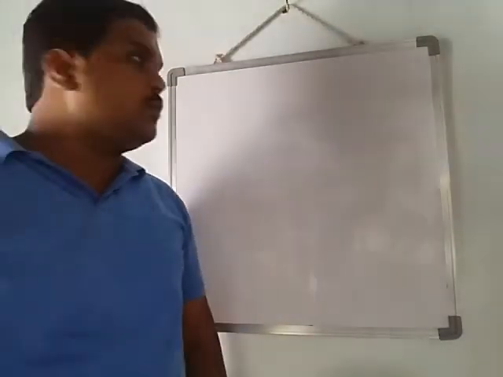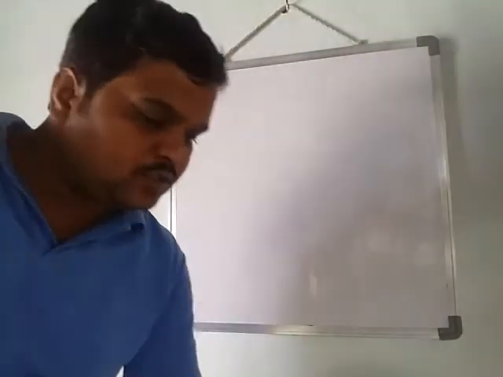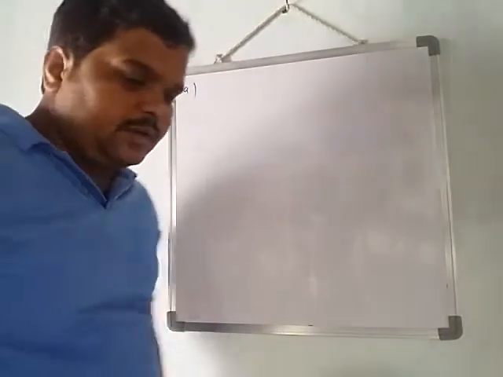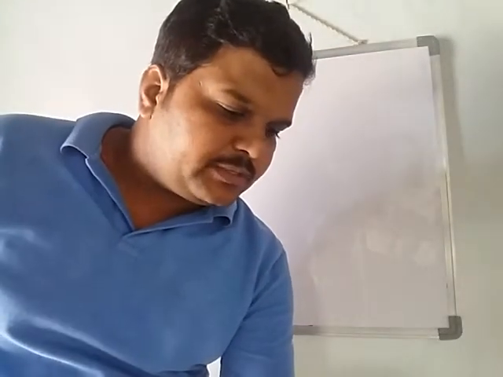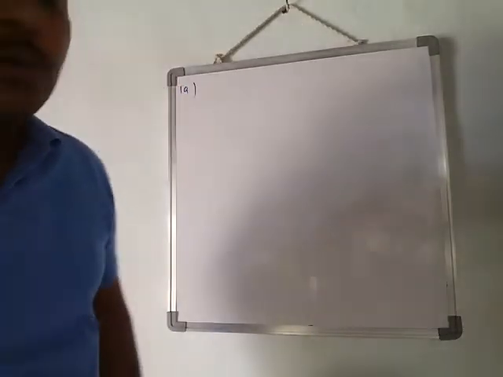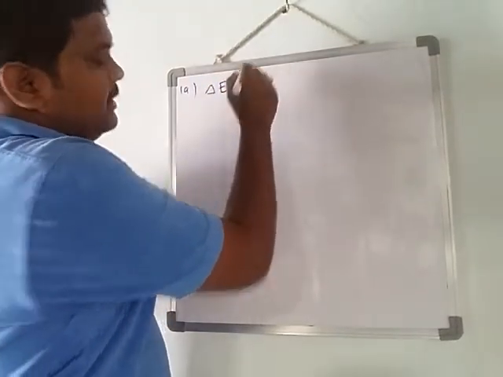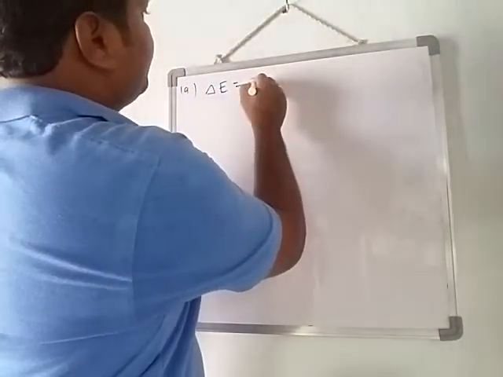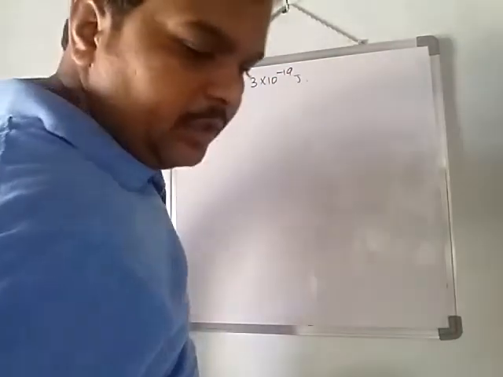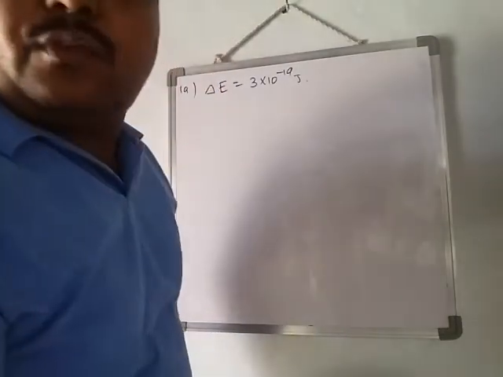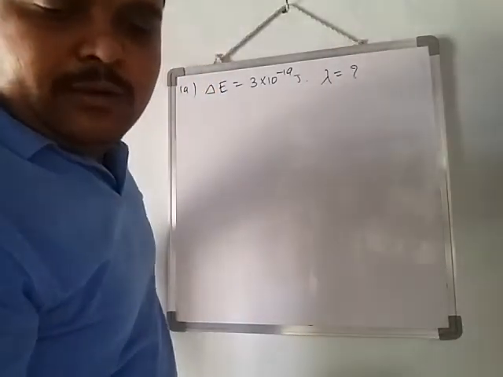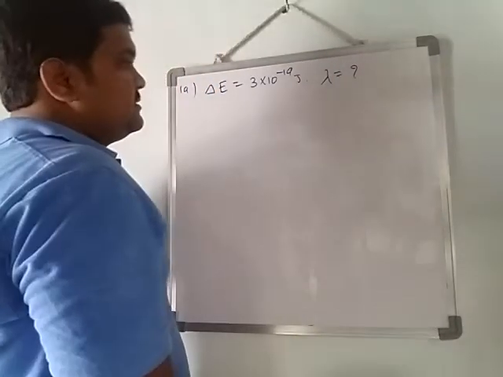Today we are going to discuss a few more problems from atomic structure. The next question, number 20, not 20, 19. See that question, what he has given there. The energy difference between the ground state of an atom and its excited state is delta E, he has given 3 into 10 to the power of minus 19 joules. Now, what is the wavelength of the photon required? So what is being asked is the wavelength of the photon required for this transition.